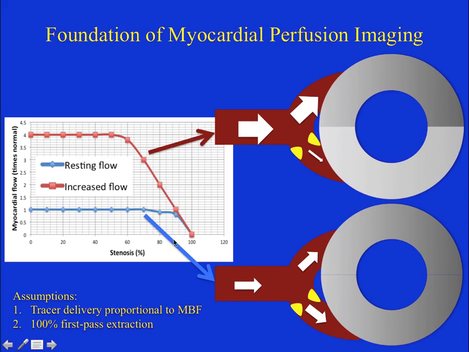In the resting state, the blood flow across the normal vasculature, non-stenotic arteries, as well as the blood flow across the stenotic arteries might be equivalent. So when we inject the radiotracer or thallium, the delivery of thallium by the stenotic artery might be equal to that of the normal arteries, and hence the myocardium will get equivalent amounts of thallium, thereby showing homogeneous radiotracer uptake without any visible defect. Now, when the patient undergoes some stress,